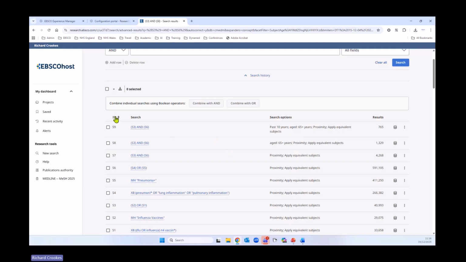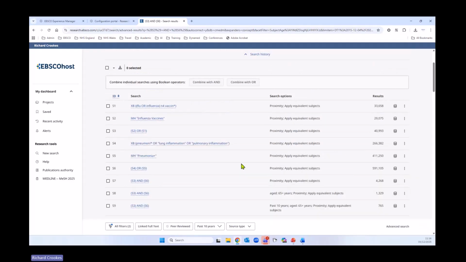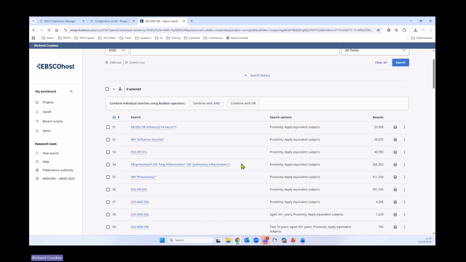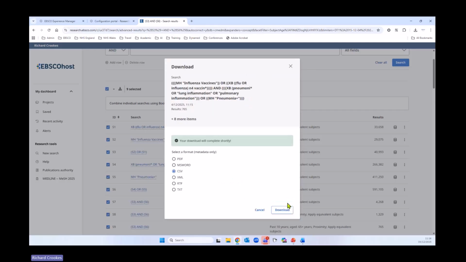Okay. So I will have to resort this again, by the way. And if you are looking to download this search history to record it, so again, if you want to reproduce it later, or you simply need a record to report on it, then you can go in and select the set numbers, and then you could download from here. And then you have the choice of format. So PDF, MS Word, for example. If you prefer a spreadsheet or a table, then you've got CSV here as well. And you can download it accordingly here, or RTF. So you can download here,